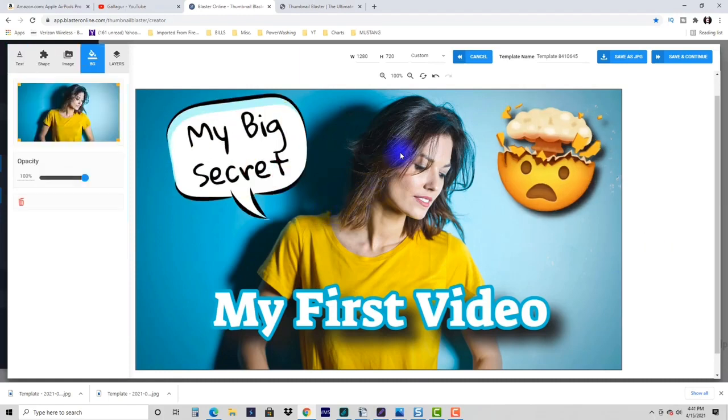And again, now you could use your own image of yourself if you wanted to, and replace her with your own image. But again, I just wanted to show you how quick and easy and cool this software is. And again, you can just save it as JPEG and it downloads right